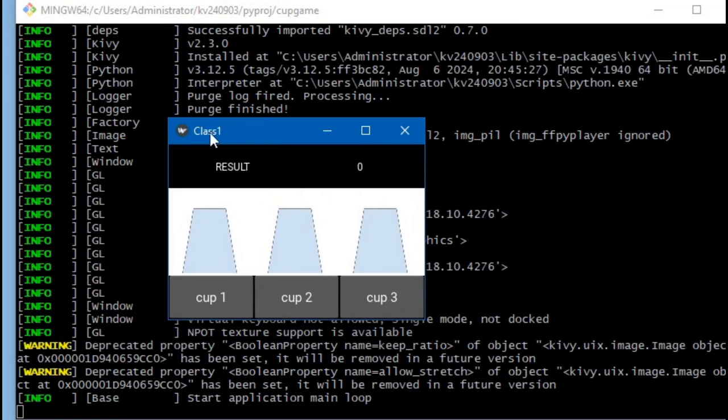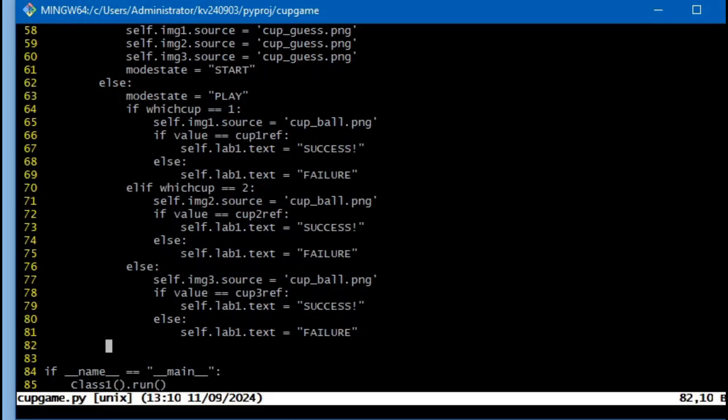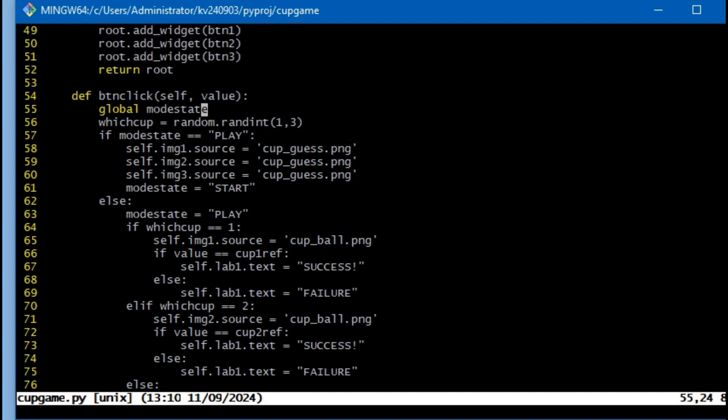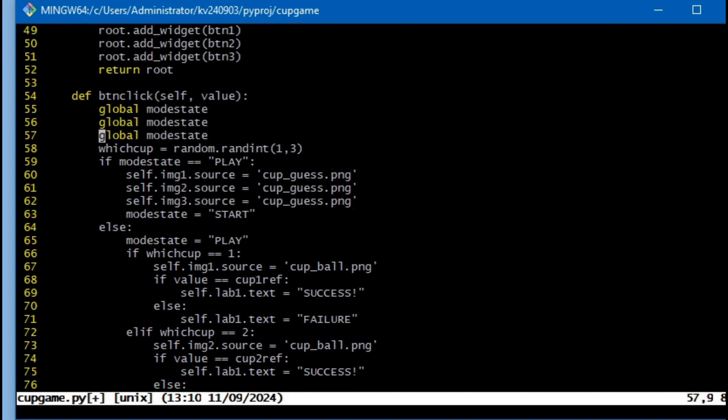So now if I just guess which one of these three cups has the ball, I'll say it's cup 2 and it says failure. If I reset it, if I check again, it says cup 3 and that says failure. So that isn't working. So for this I need to go back and analyze the problem. Okay, so I just realized that I've not declared these global variables as global, so I need to do that first of all,